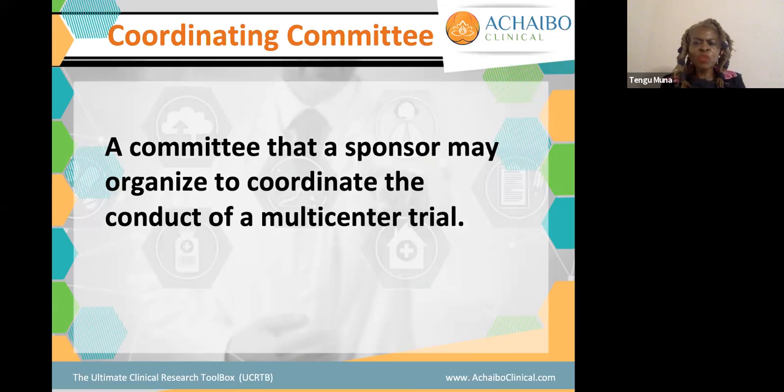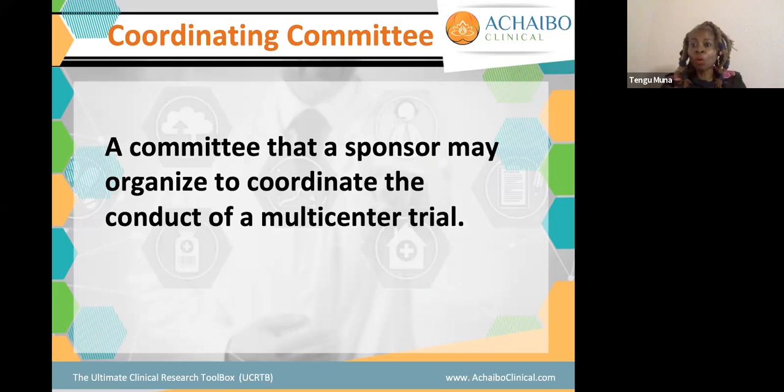But you've probably heard of a steering committee on a clinical trial, which really assists the program or the portfolio managers on how to run the trial. I mean, they can be involved in financial aspects of the trial, the deliverables, the timelines, and really monitoring that at a high level.